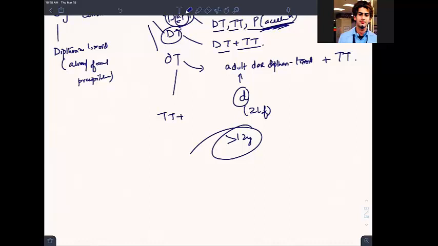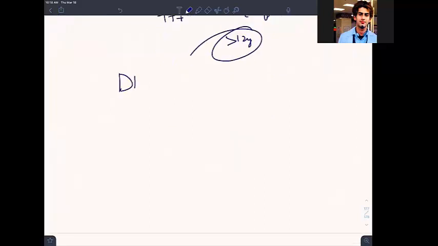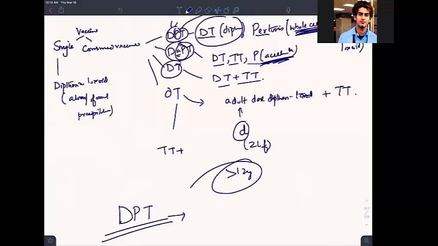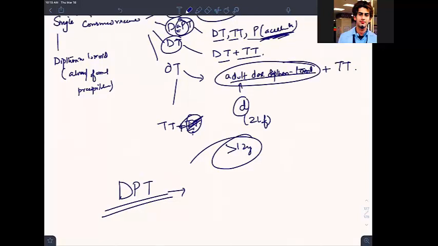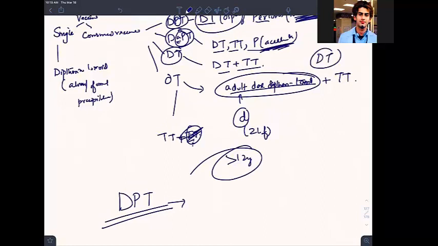Now let me come to the DPT. This is the one you are giving to the infant. Once you have a baby, you are giving it. Guys, why do you confuse yourself? There should not be any confusion. It's the same thing I am telling you. DT contains TT plus adult dose diphtheria toxoid. You have to write the full name. Adult dose diphtheria toxoid. Same DT, man, but the adult one.